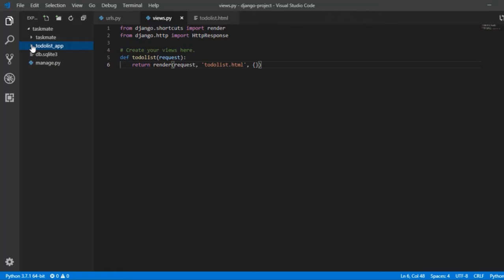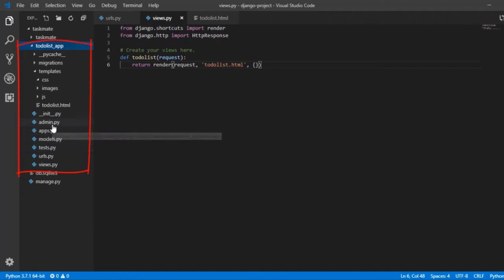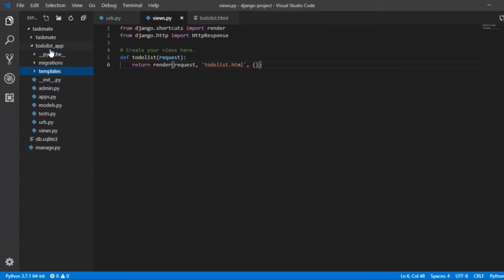Now think of it in a project way. Each app will have certain files that are related to it only. Like if I talk about these files, these are related only to this particular app. I have talked about templates, this is related to this particular app. Now in future, if we create more apps, we need to perform similar steps. We need to create a template folder for that particular app. Now here is a catch.